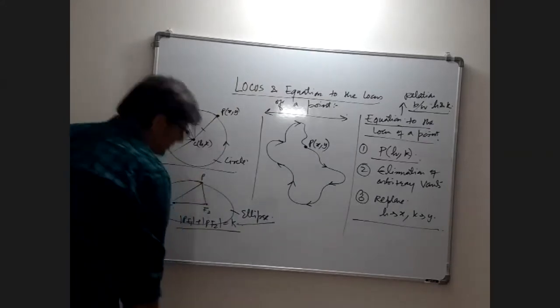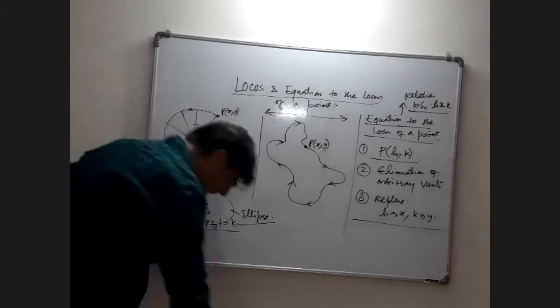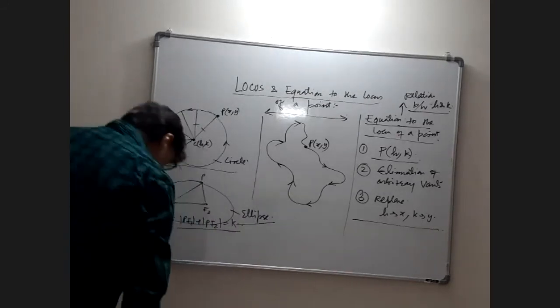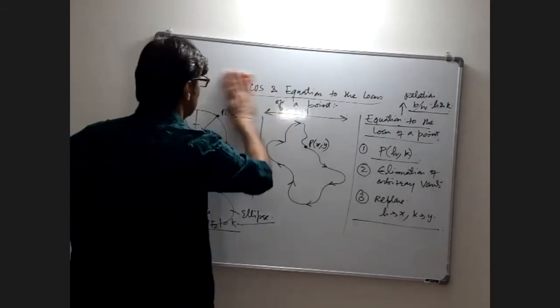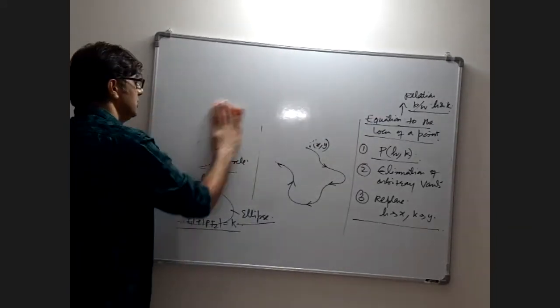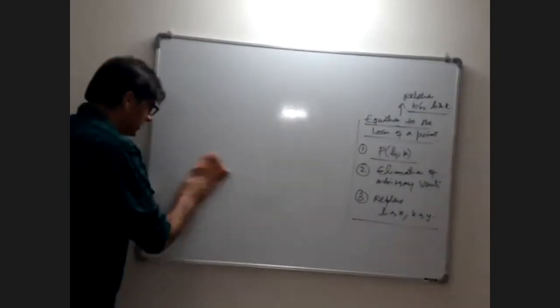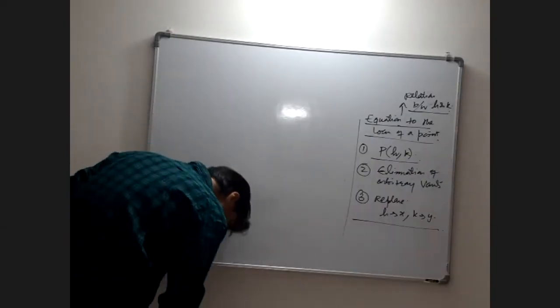So this will give us the locus of that point. So, समझ आ गया आपको locus क्या होता है? So जैसे कि, for example, I'm just giving you an example to find the locus of a point and to find the equation to the locus as well. ठीक है? तो सबसे पहले simple है,